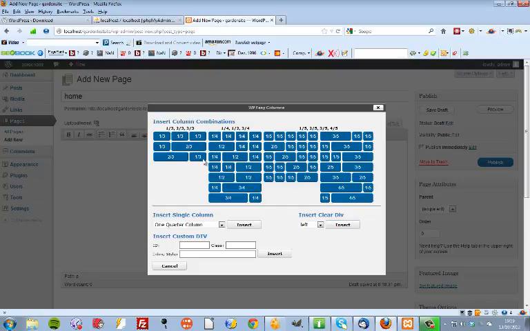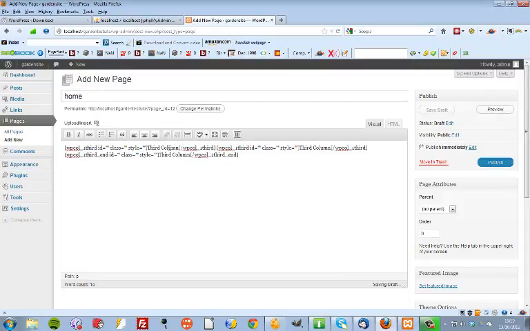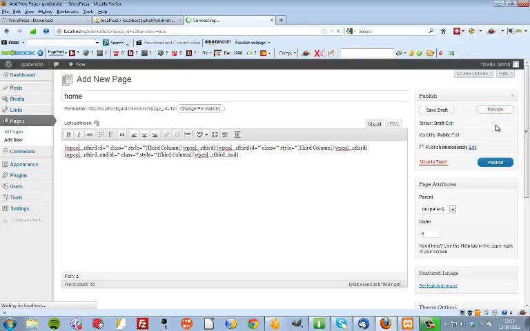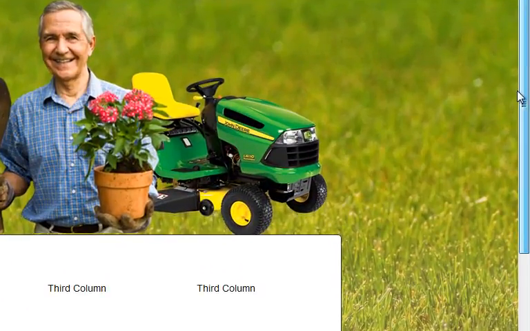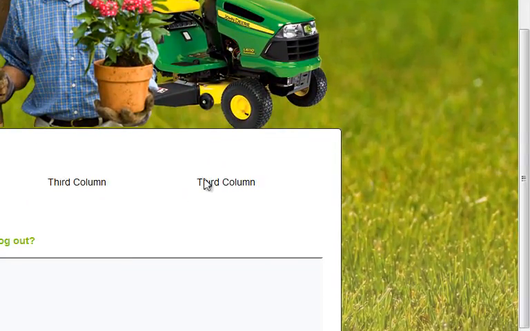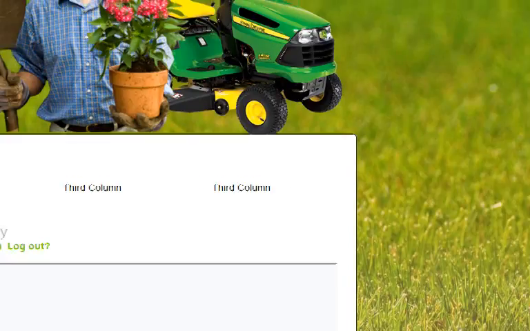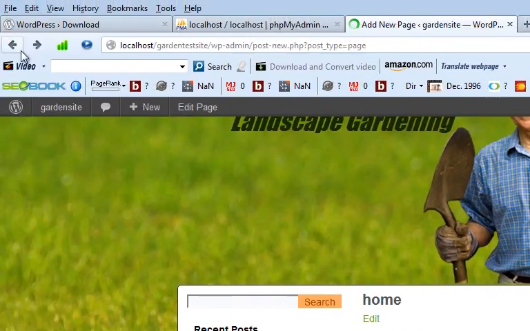And what this will do is it'll actually insert shortcodes into the page. So if I select, for example, 3 columns, click that, it inserts these column shortcodes, and anything between the shortcodes is where your content would be. So if I click on preview, you can see here they've got the 3rd column options. Okay, so if I go back,